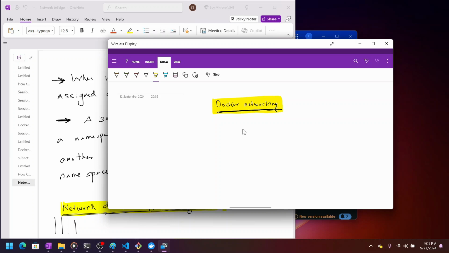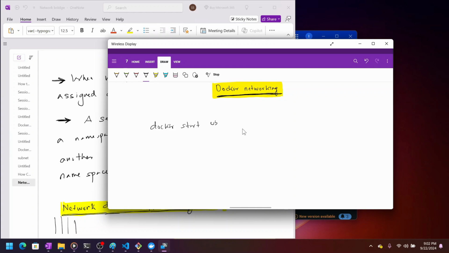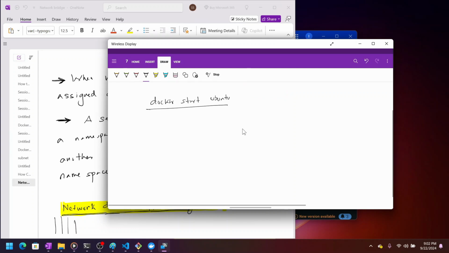So in this video we'll be talking about Docker networking or container networking. Previously we discussed what happens when we create a container using Docker. Let's say you are creating a container with docker start, let's say Ubuntu. So what does this do? According to the containerization we discussed previously, containers create a number of